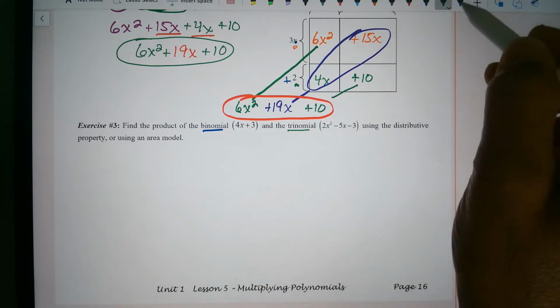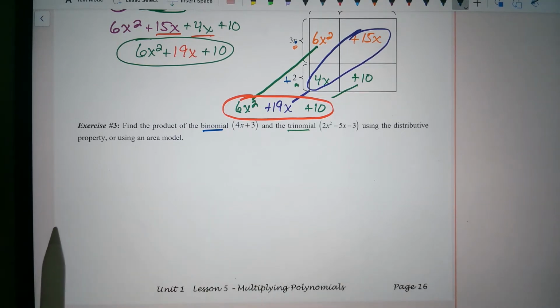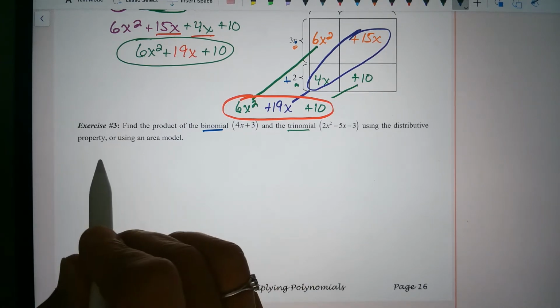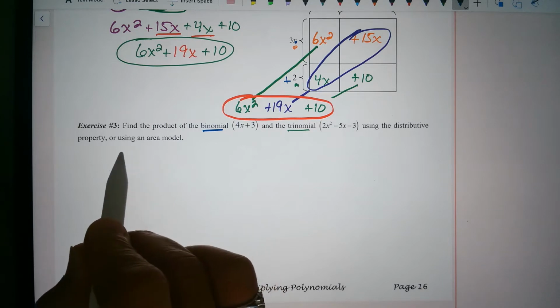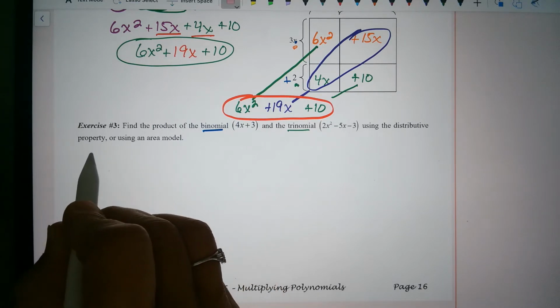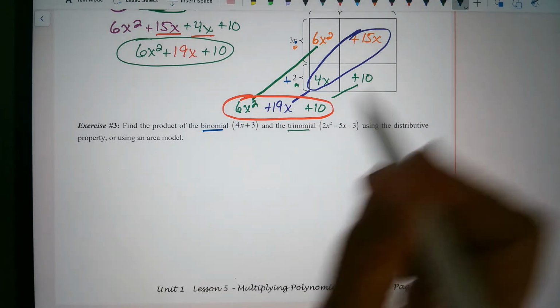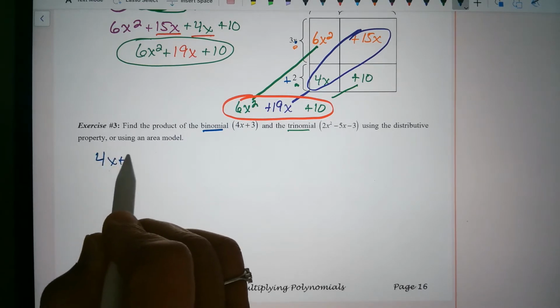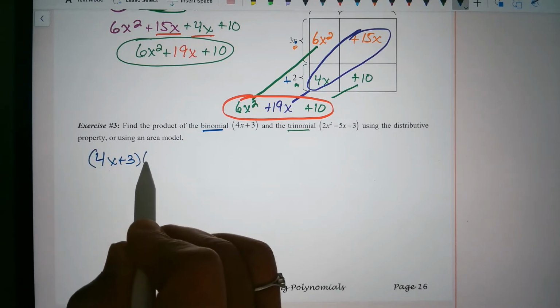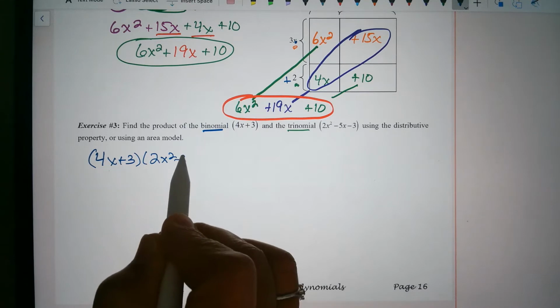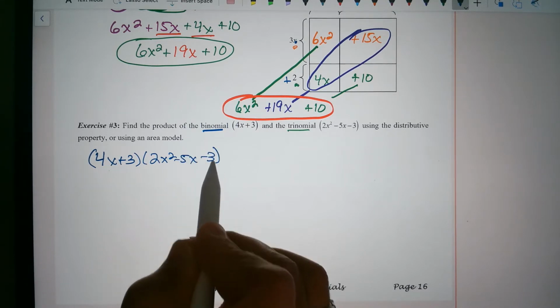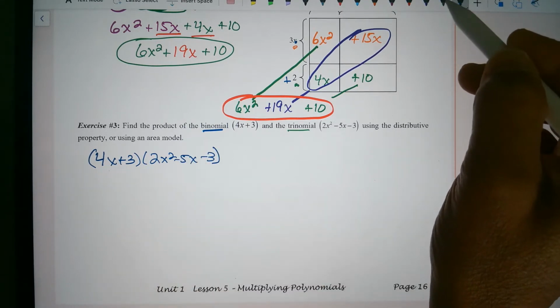I will actually work this out both ways, and if you want, you're more than welcome to stop the video and try it on your own. So first, using the distributive property, I'm taking 4x plus 3 times 2x squared minus 5x minus 3. So using the distributive property,